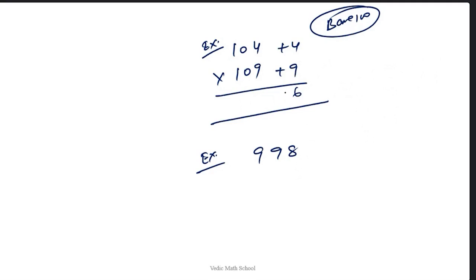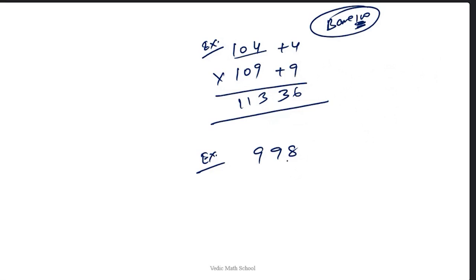9 times 4 is 36. So ma'am told me 9 times 4 is 36, so can we write down 36? I said yes, you can write. Why? Because if you eliminate this 3 and write it in the carry forward, later you will have to add it here. The next value will always be a 0, because you have to multiply with 10, so this value will always add with the 3. So why should I write down this 3 here? Just write it down here and don't multiply this value now. So 104 plus 9, that is 113. That is the answer. Can you get it now?